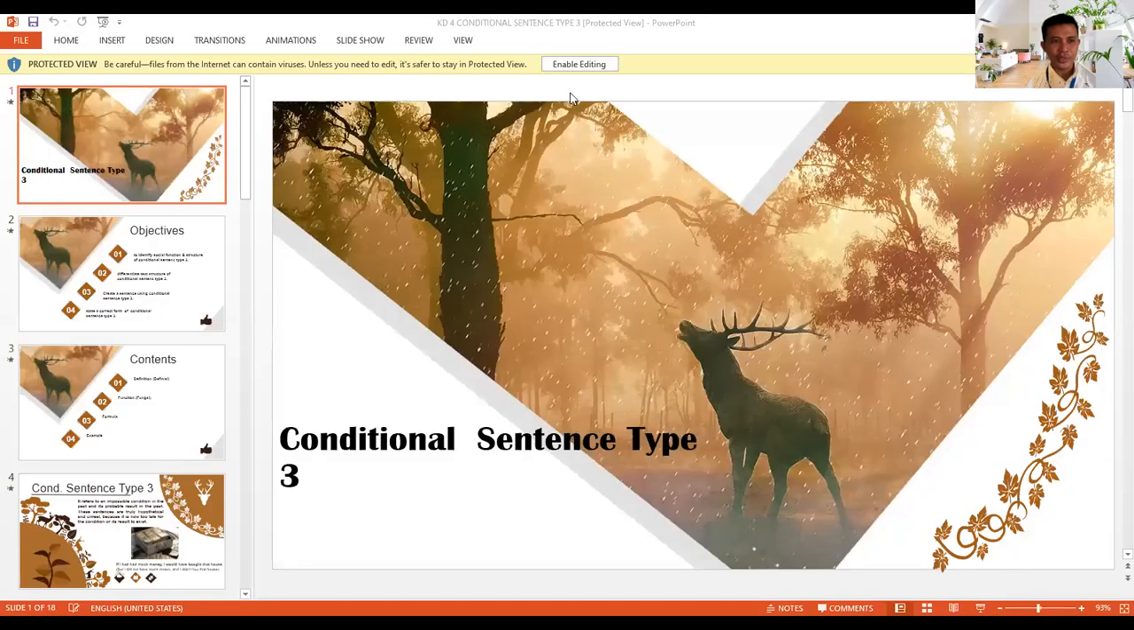Okay, so today we will be studying conditional sentence type 3. Before, we studied conditional sentence type 2. Is that correct? Yes, sir. Okay, so before we go further, I'd like to introduce